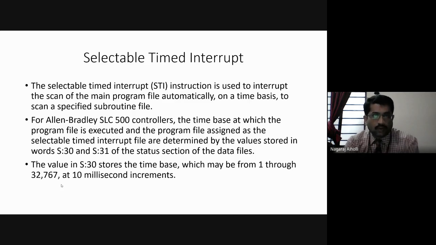That means say it is 1 now. After 10 milliseconds of time, it will go from 1 to 2. Then next 10 milliseconds, it will go from 2 to 3. Then after next 10 milliseconds, it will go from 3 to 4, like that. So for every 10 millisecond increment, it will go from 1 up till 32,767. That much time it may take, depending on how you write a program, right? It may take 30 milliseconds, that means it goes from 1 to 3. It may go 70 milliseconds, that means it goes from 1 to 7. It depends, right? And after this time, it will come back to the main program and continue the execution in the main program.